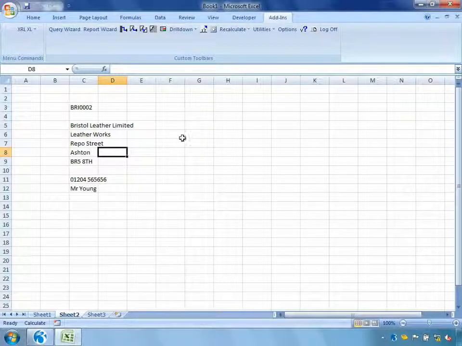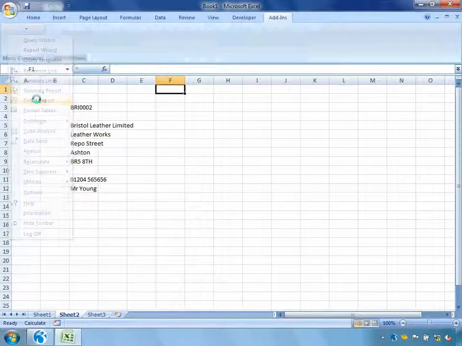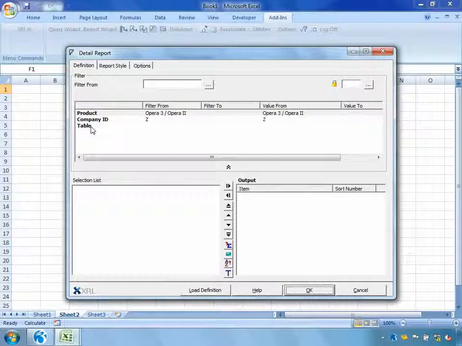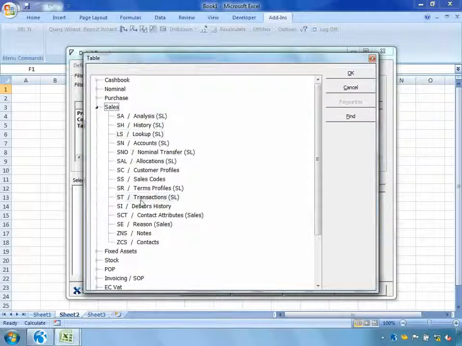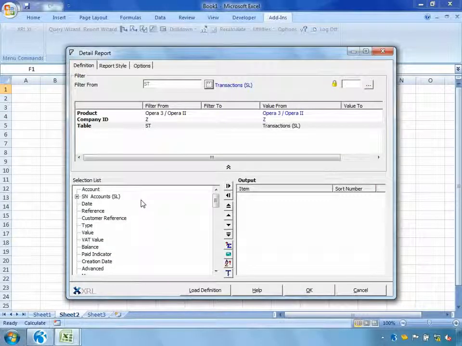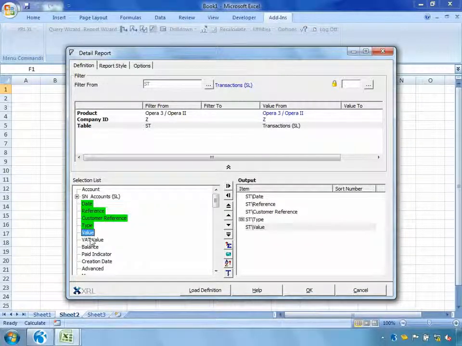Let's say that we'd like to link it to another report, but we'd like to pull out that customer's sales transactions. So we're going to go into XRL, detailed report, but this time, instead of going into the table sales accounts, we're going to go into sales transactions. So we'll take a few fields here. We'll take the date, perhaps the reference, the type, the value, the VAT value, and the balance. But again, I want to filter on account,